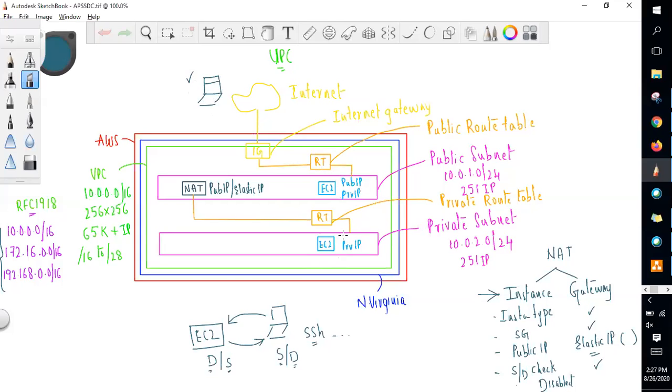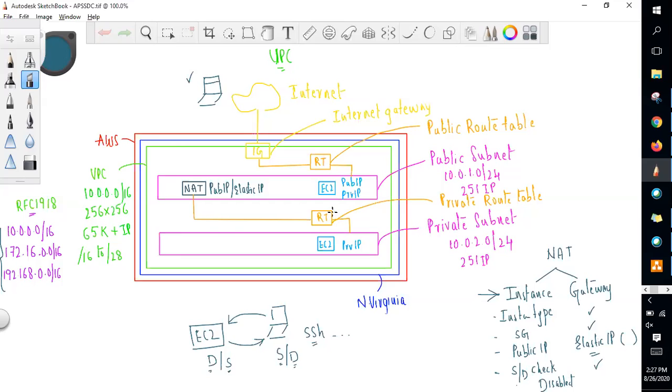But if you remember, I said that all the machines can interact with each other if they are in the same network. So this EC2 instance can talk to this EC2 instance with the help of private IP. But if they want to interact outside of the network, inter-network, then you need a public IP address. So I can't connect from my PC to this, but I will connect from this EC2 instance to this EC2 instance.